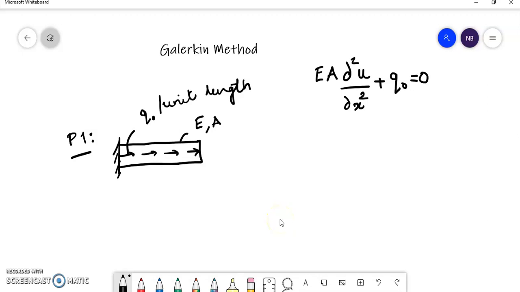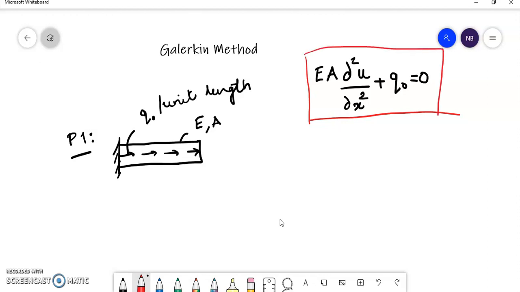And welcome to a lecture on Galerkin method. I hope you all have gone through the derivations that I have sent earlier. From the derivations you all have learned that this equation here to the right hand corner is the governing equation for any bar element which is subjected to a uniformly distributed force Q naught